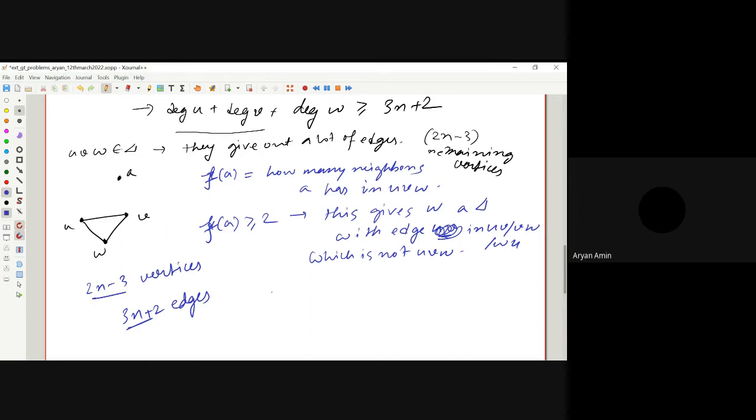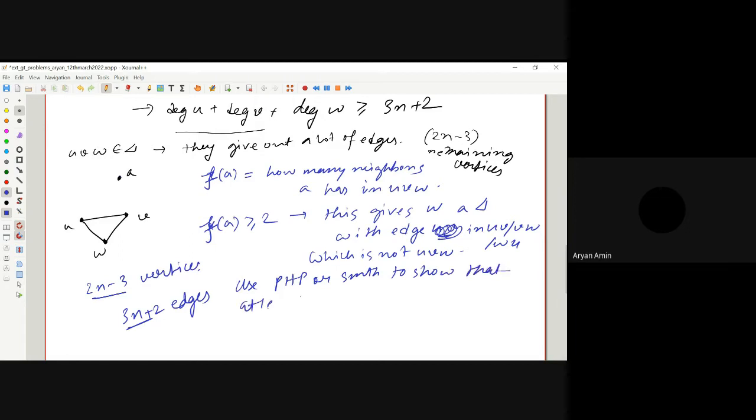I'll leave the proof to you guys, because the argument carries out. So from here you can basically use pigeonhole to show that